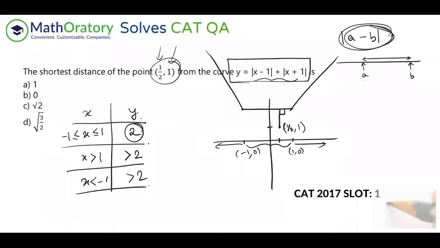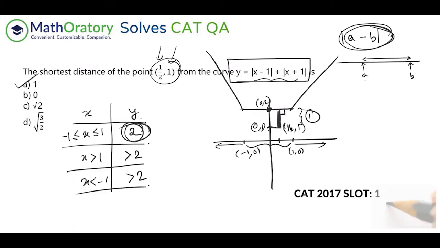And that is very simple, because if you check this out, this point, if you remember, was y equal to 2, right? So this is (0, 2). This point corresponds to (0, 1). So the required distance here is simply the distance between 1 and 2, and that is 1 unit. So the answer for this question is 1 unit.